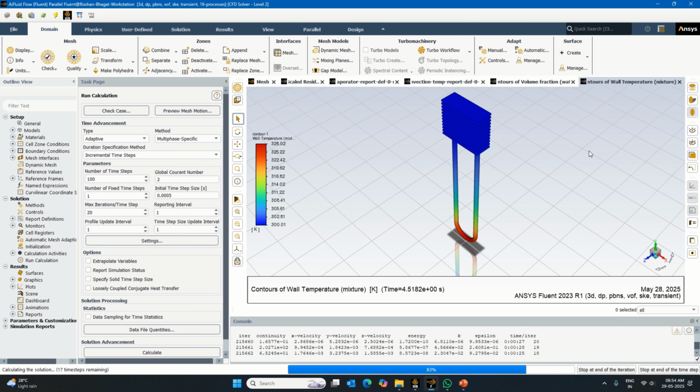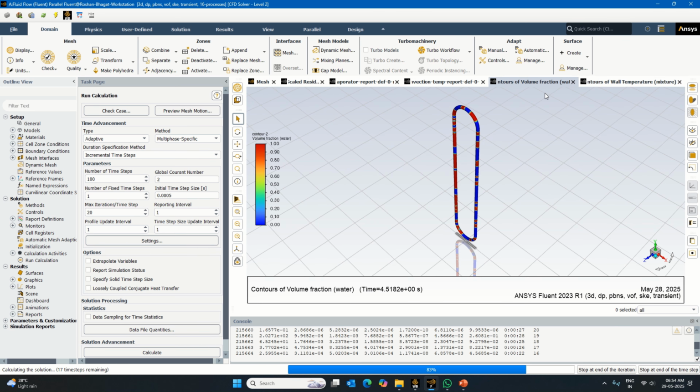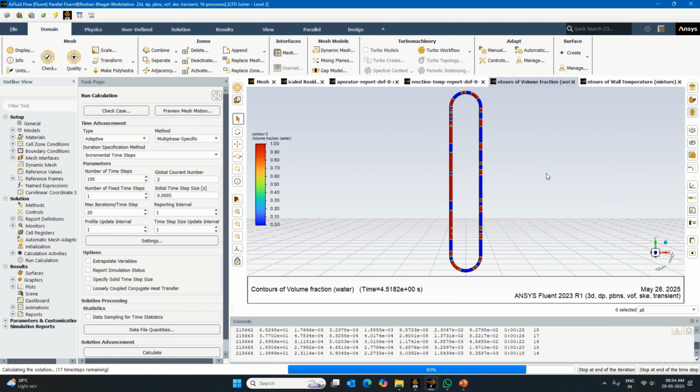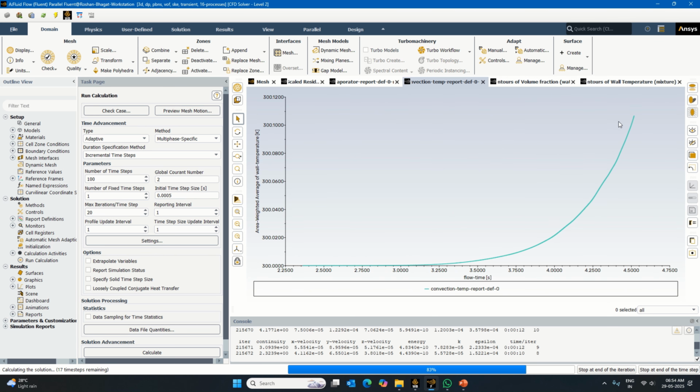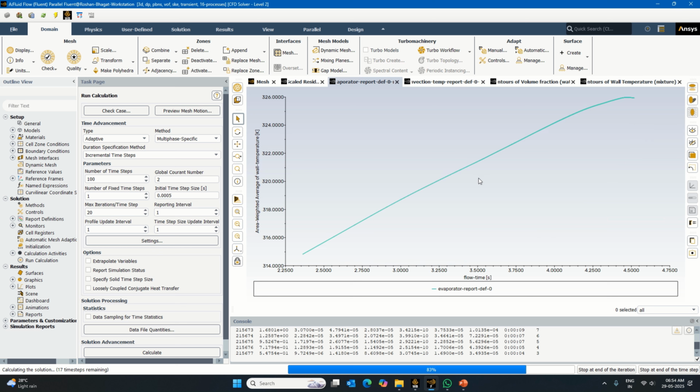So this is the wall temperature. Here you can see the alternate liquid and vapor slugs are being formed. One of the tendencies which we are observing is that it is coming down over here. So the convection region, where the temperature is, is rising. One important thing which we have observed is the curve has become slightly flat in this